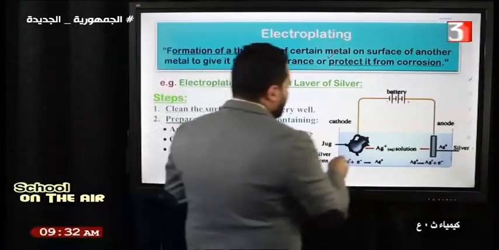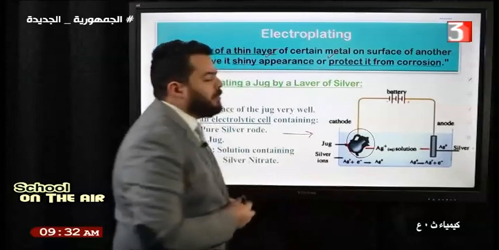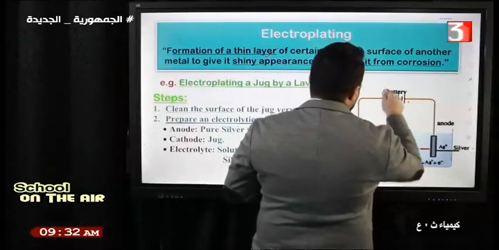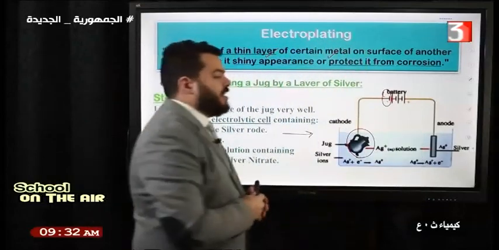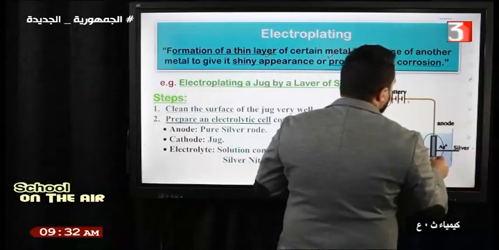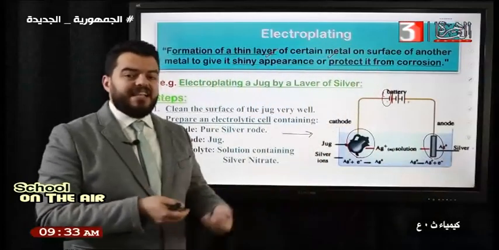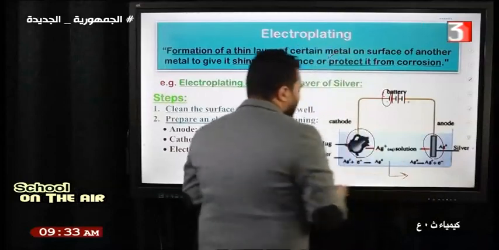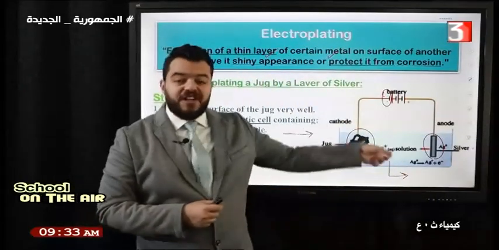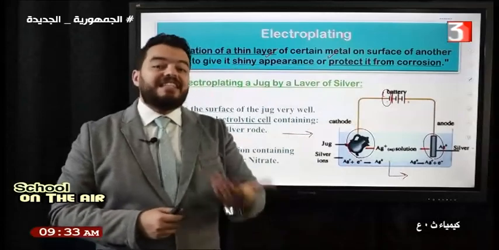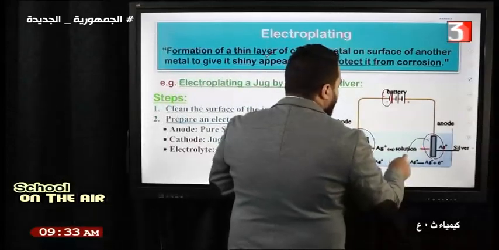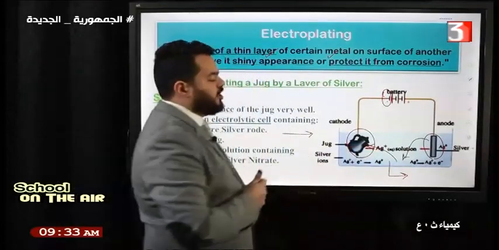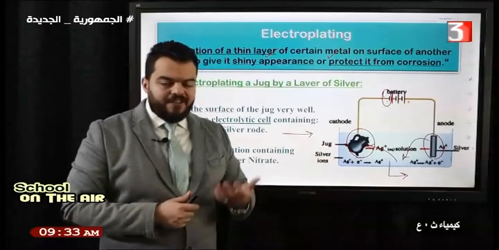You have to connect the substance that you will electroplate to the negative pole, which is the cathode, and you have to connect the metal that you are using in electroplating, such as silver, to the anode. So you have to use an electrolyte with silver positive ions to facilitate the oxidation of silver and increase the silver positive ions that can be deposited, or reduced, at the cathode half cell.